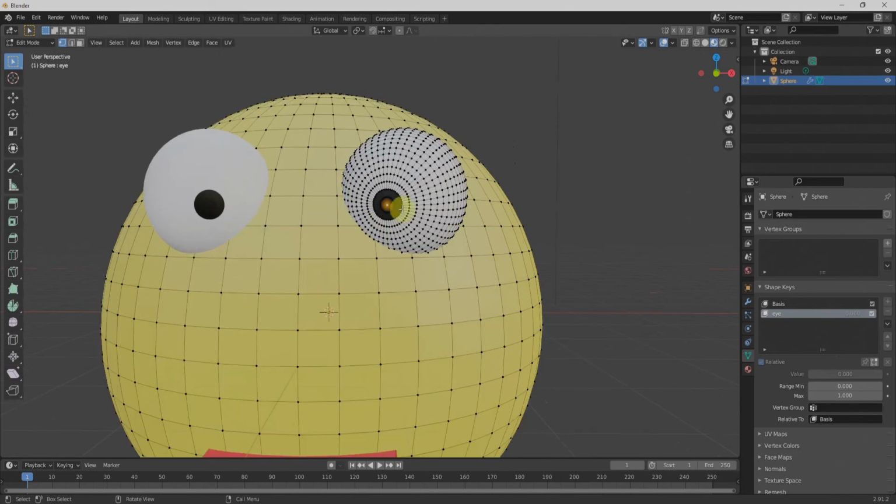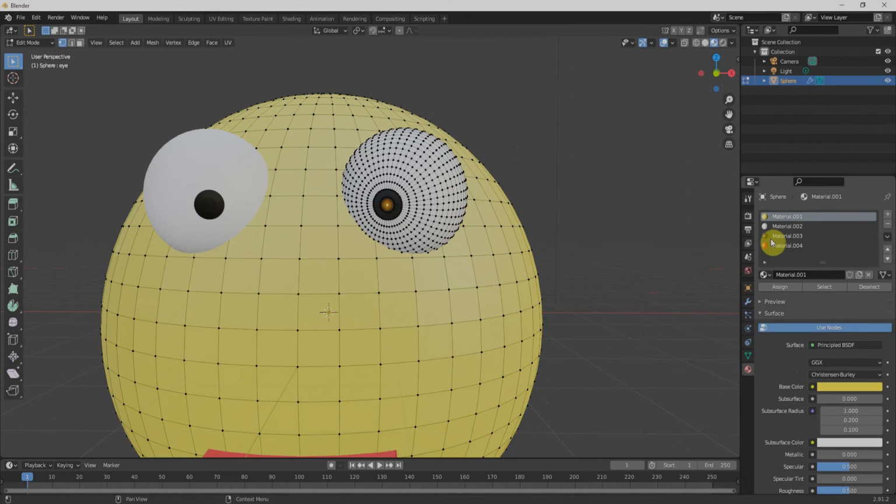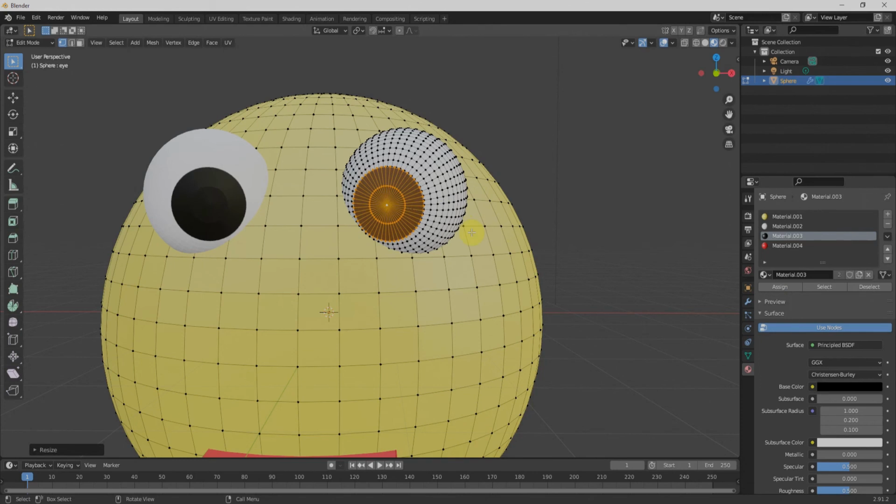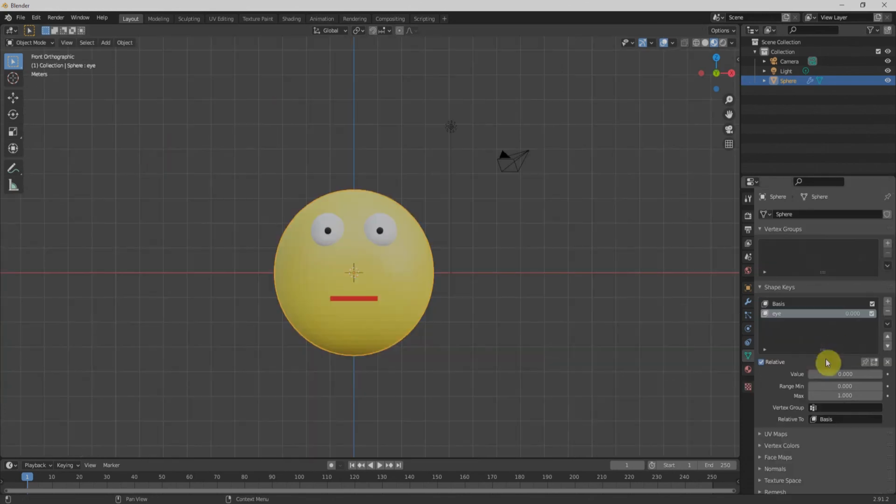We'll go to the material section, select this material, and tell Blender to select only that material, and we'll scale it up a little bit like that.